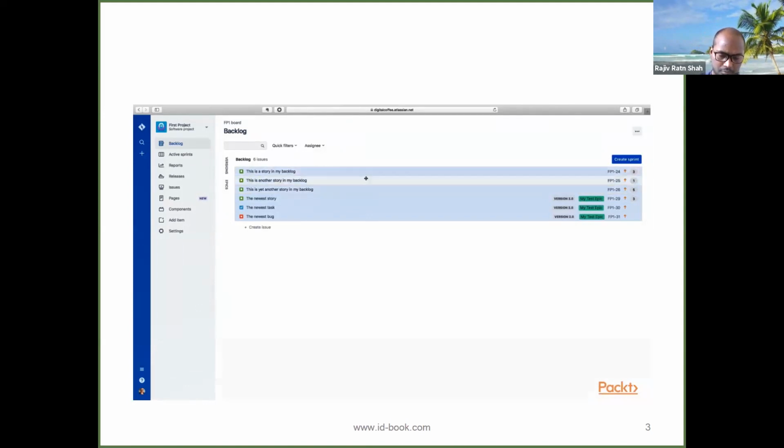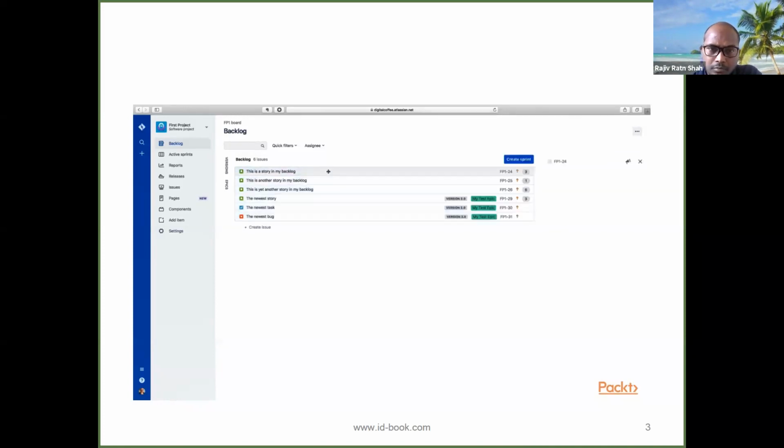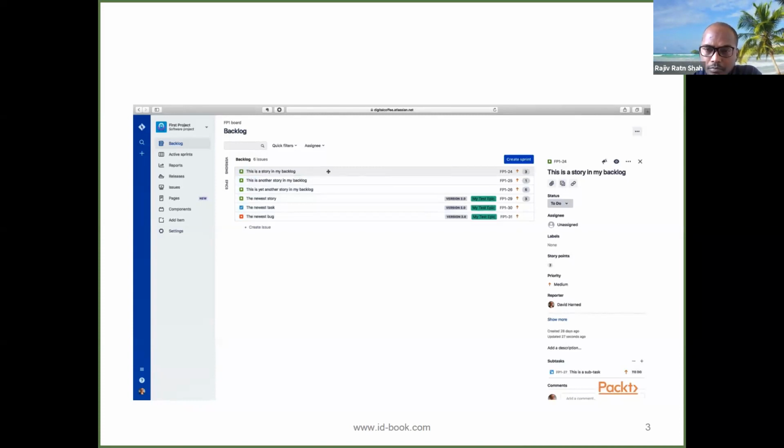You can see that these stories have point values, okay? So you can see that over here on the right side. You can see this first story has a story point value of 3, and the one below it is a story point value of 1, etc. Remember those story points then refer to the doubt, effort, and complexity contained within this item. We have the ability to edit those values by selecting an item, and you can see that in the preview pane, you can edit some of those values, whether it's the status, assignee, labels, story points, etc.